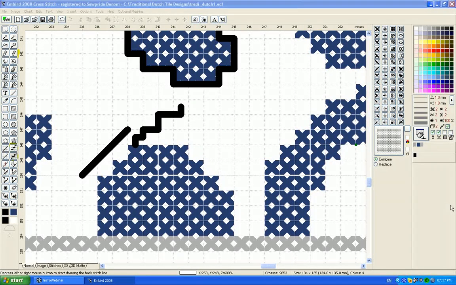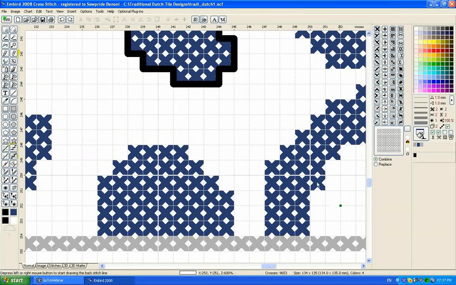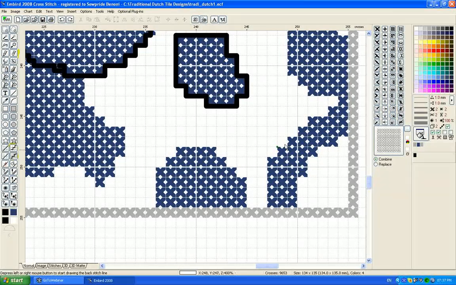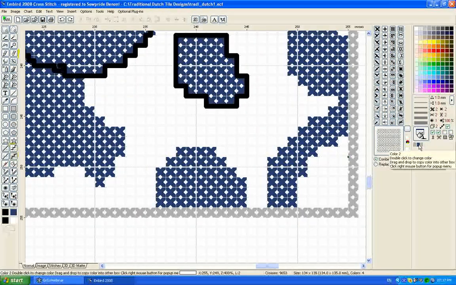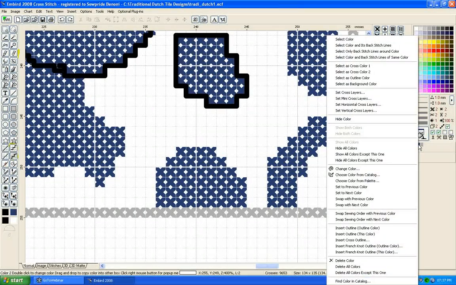Okay, let me just change my tools again because it doesn't want to work. If I've got the pen, it doesn't click. Right, let me just go undo there. If I want to go and add an outline to the color, add outline to each color in each design. That's one part. Or if I go to my little color block and I right click on my color block there,